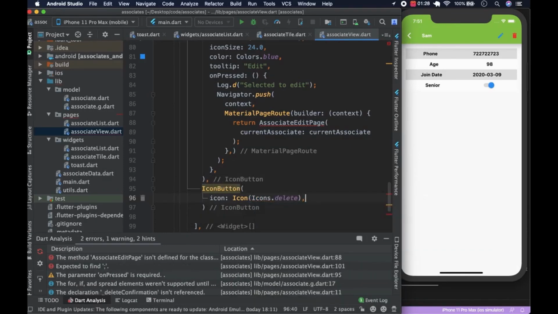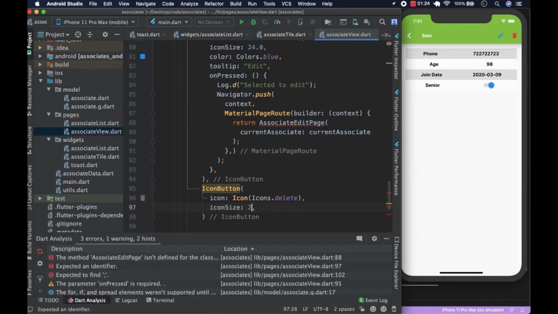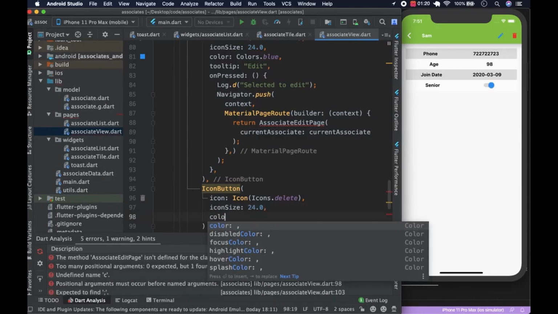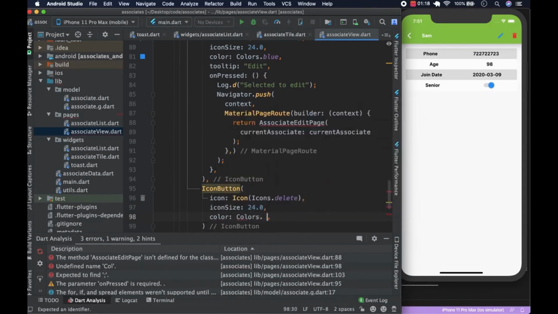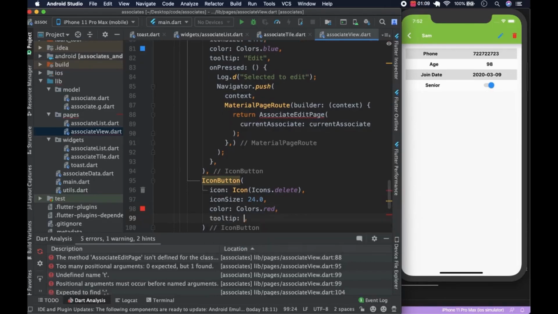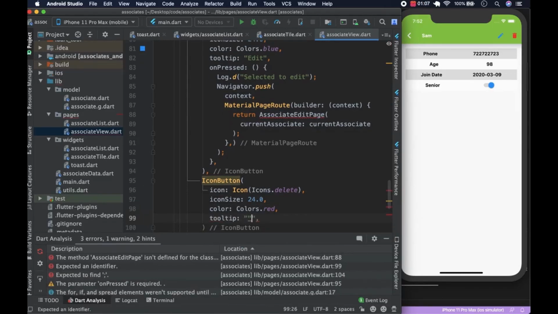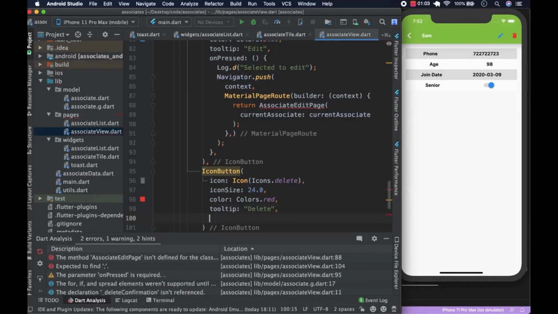I mean, I wish it could be easier, particularly with that. We say 24.0, and color is going to be colors dot red, and the tooltip, of course, is going to say delete like this, and the onPressed is going to log it,